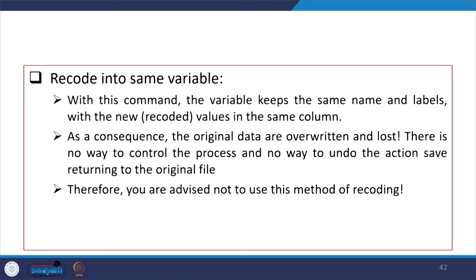As a consequence of this command, the original data are overwritten and lost. There is no way to control the process and no way to undo the action save returning to the original file. Therefore, you are advised not to use this method for recoding.